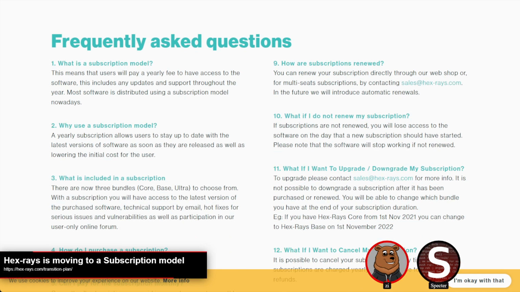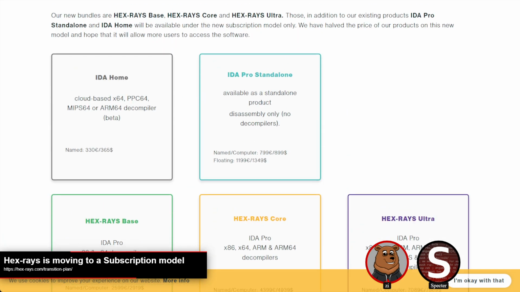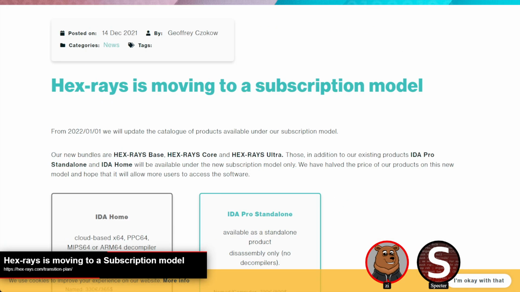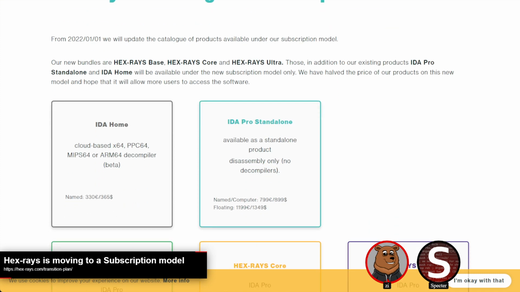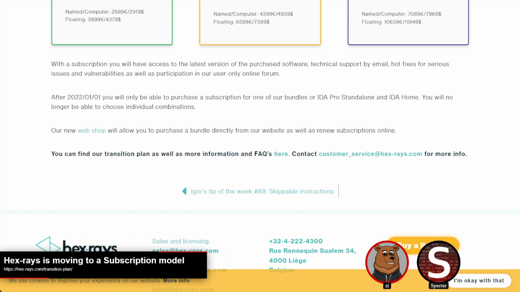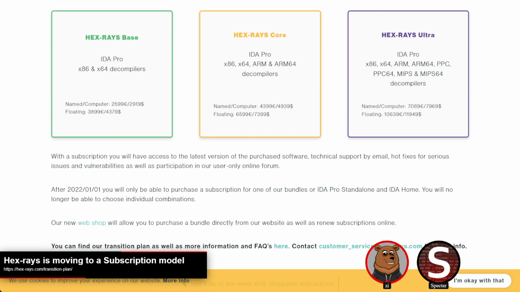Okay, I guess we should mention that they did drop the prices, in a sense. I didn't go take a look and see exactly what the old prices would have worked out to, but they say they dropped them by about half. So in that sense, there is some benefit. They have removed some of the options. You can't pick and choose your compilers anymore. They have the different bundles: an x86 bundle, one adding on ARM, and then one adding on everything else. So they've dropped prices there, yes, and that can be a benefit to some people, but